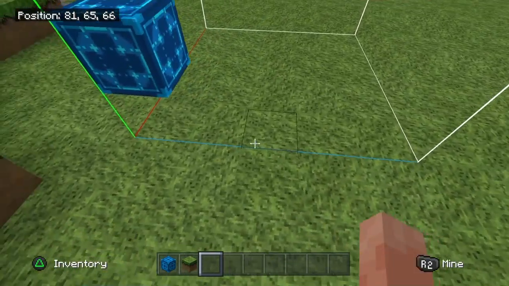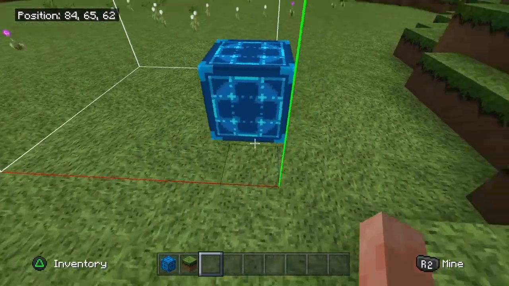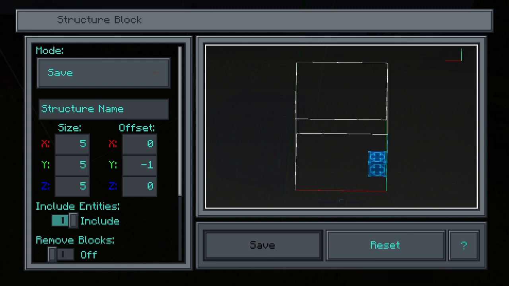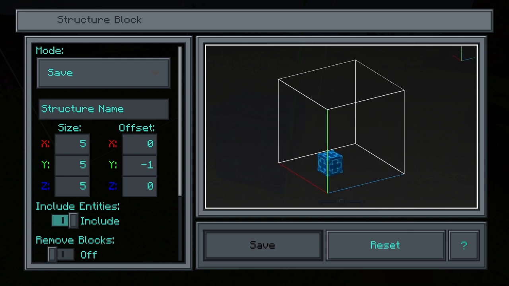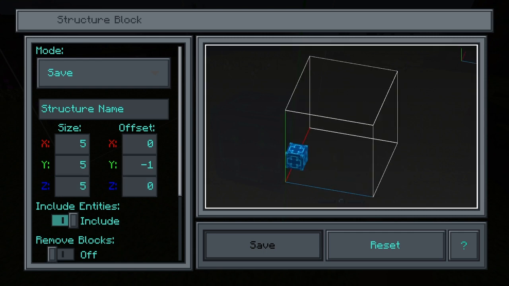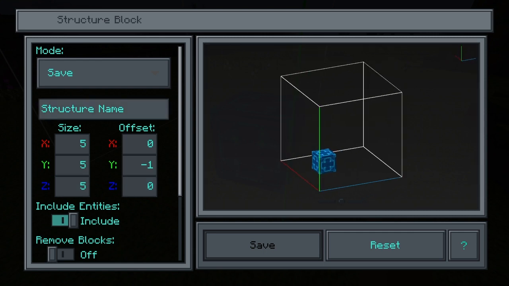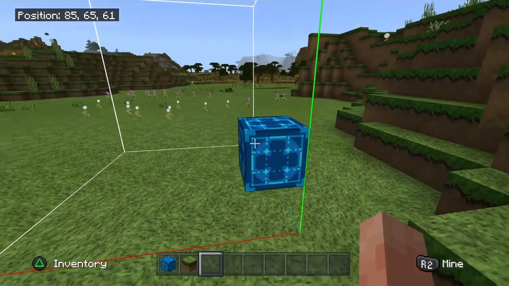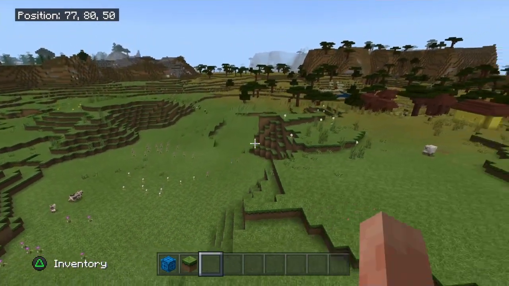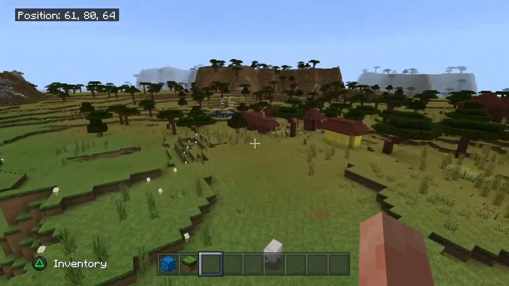Now again, the blue here, the red here, and the green vertically. So right over here we have the red X, which is the red line here. We have a blue Z, which is the blue line down here. And we have the Y is green. That's the vertical line that we have. Alright, now, once we got this, and now you know the dimensions and the colors,